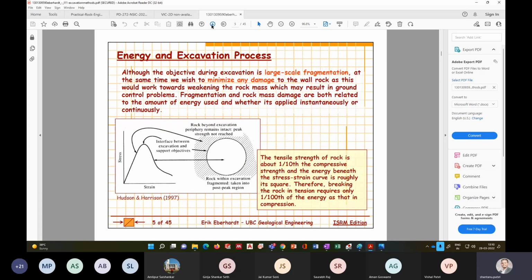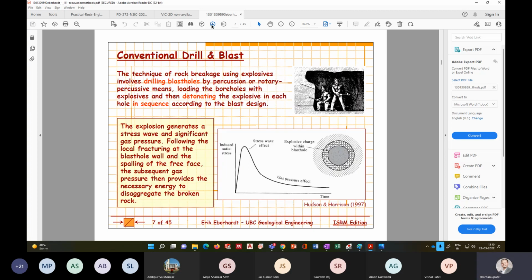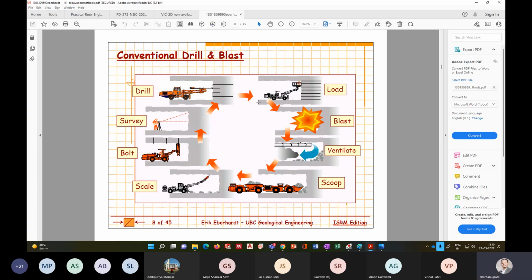If you have any questions, please ask me. But this is not from an exam point of view. So this is what is done: these are the drilling cycle. It starts with drilling, then charging, blasting, scooping, scaling, bolting, and then surveying. So this whole thing repeats